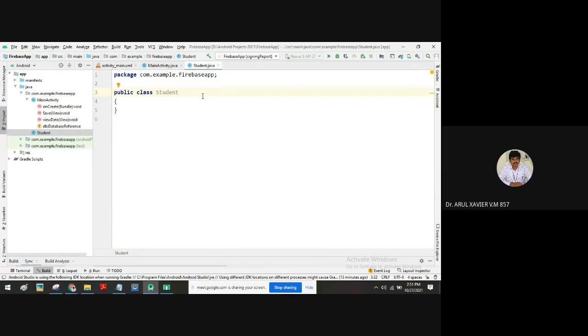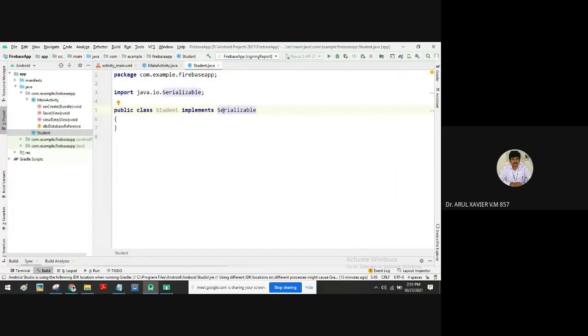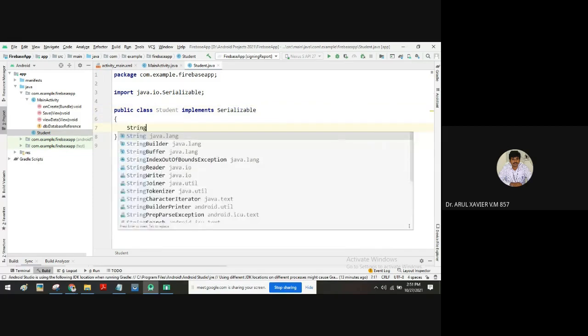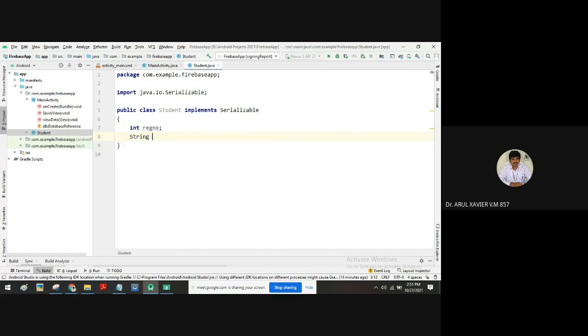This class, you have to implement Serializable so that it can be written into the database. So Java serialization, hope you remember, in the second year you have studied, right? Java serialization is used to write the student data in a database or file or anything. That class must be Serializable. And after that, you can prepare the data. For example, I want the name. So the first one is actually we need a register number, right? So register number and name of the student. Then CGPA is double, right?